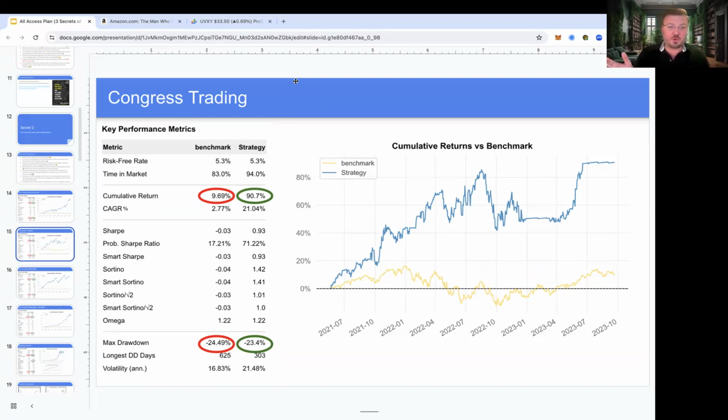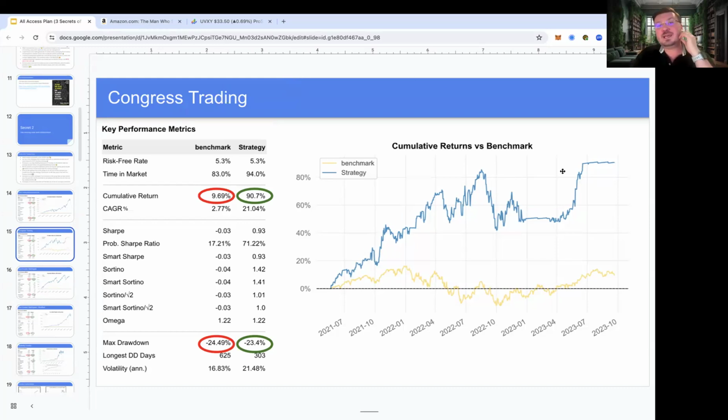So we'll go back 48 days and say, okay, what companies were members of Congress buying? So maybe they bought Microsoft. Maybe 4 Congress members bought Microsoft. Maybe 5 of them bought Google. Maybe 3 of them bought Raytheon, right? We'll take that tally, and as long as they have more than 4 purchases, then we'll add it to our portfolio and we'll own that, right?